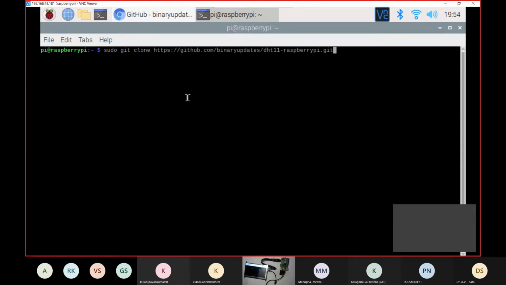So this got pasted over there. I already have this DHT11 Raspberry Pi in my system, so it didn't download it again. But if you do that, it will download it and there will be no issue.